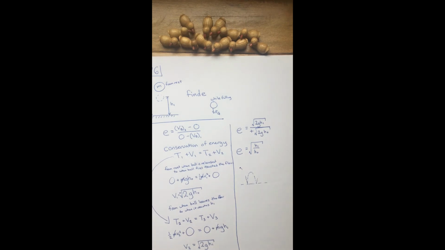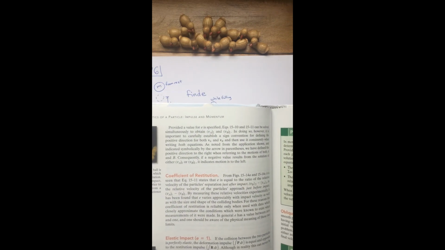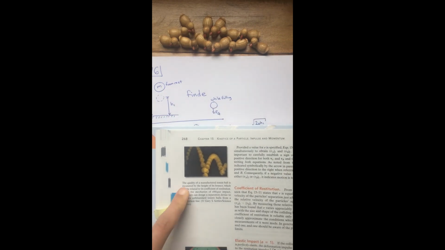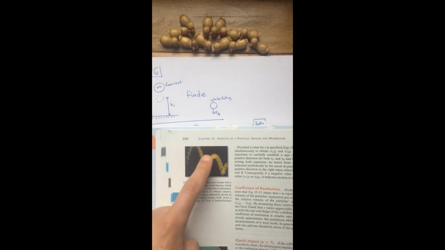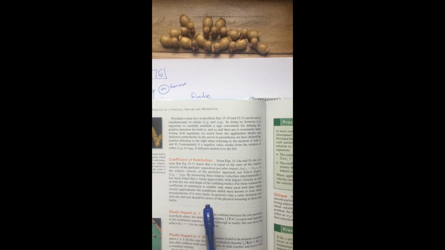But if you take a look at page 268, where they talked about the coefficient of restitution, and actually the figure here is what I was trying to draw. You're looking at the ball going up, reaching a height here, then bouncing again, reaching a different height, then bouncing again and reaching another height. So I would like to be able to say what the maximum height is going to be after each bounce. But if you read the paragraph on the coefficient of restitution, it says,